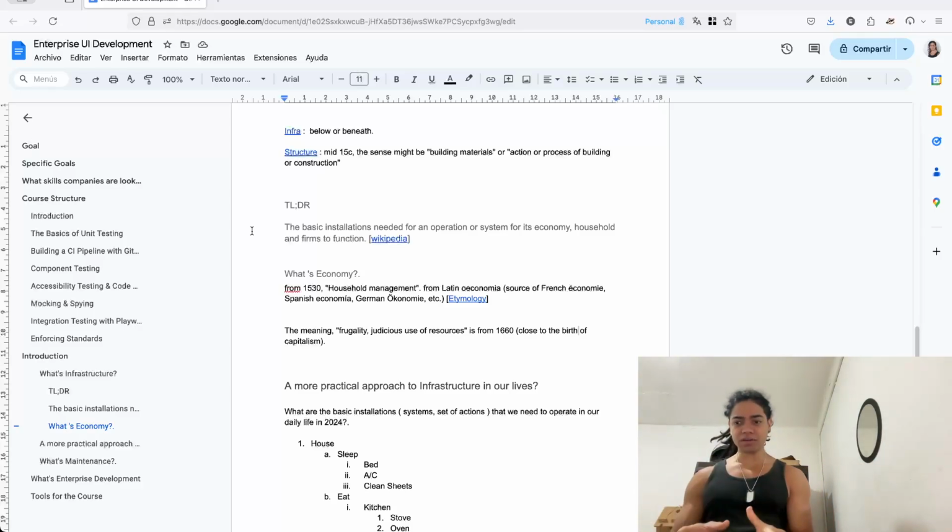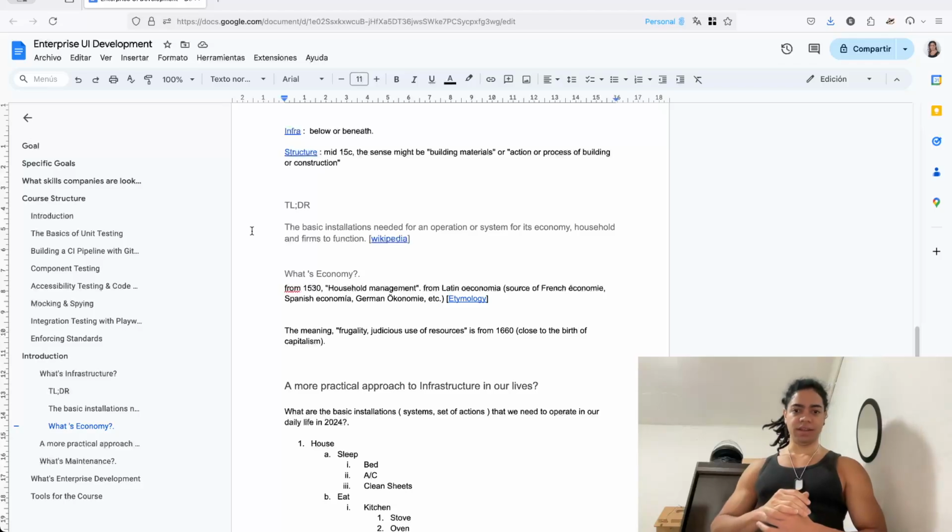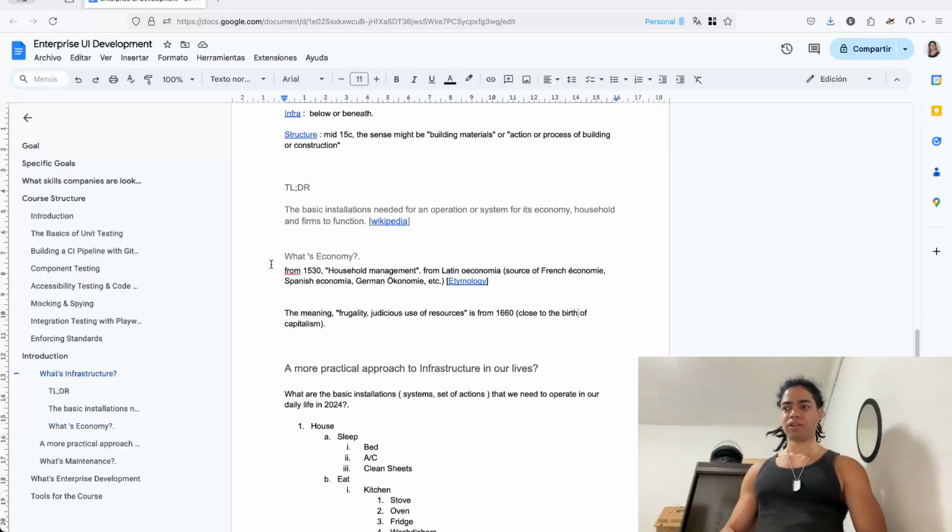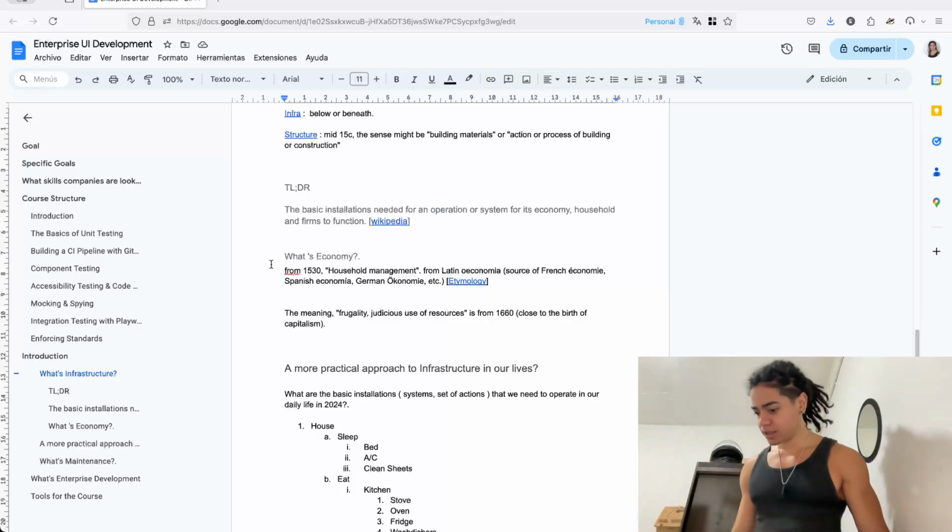But the TLDR of this is frugality, which is the judicious use of resources. This terminology is from 1660, and it is close to the birth of capitalism. So as a way to understand all of this concept of the infrastructure, which is the basic installations needed for its operation,